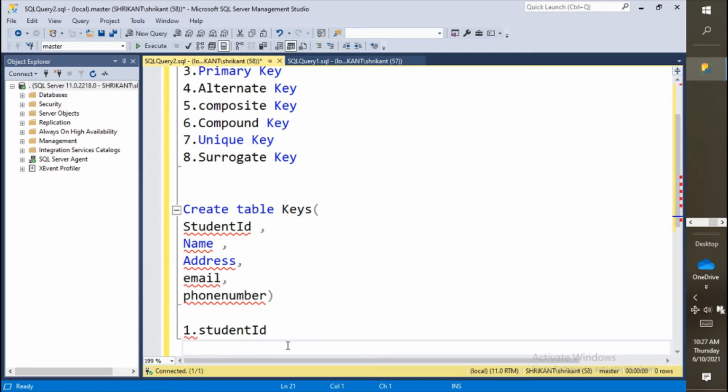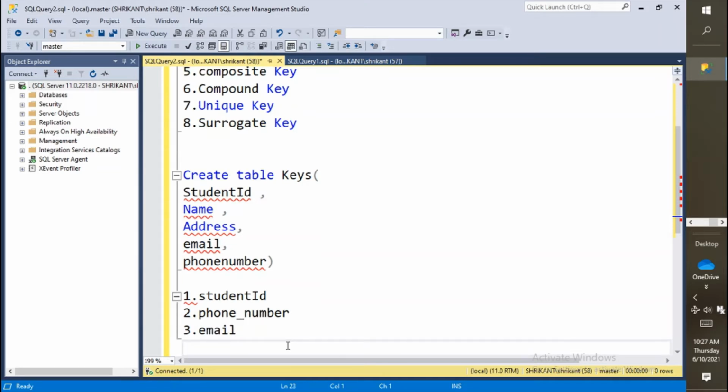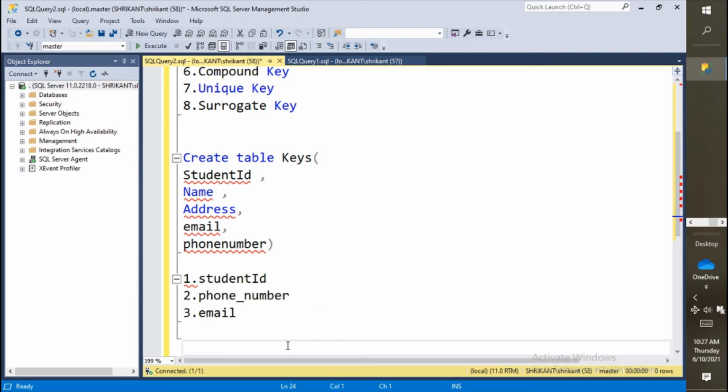Then I can say phone number, a single column. Then I can also say email. One person always has a single email, quite possibly. So these are single columns which can represent uniqueness for this table.